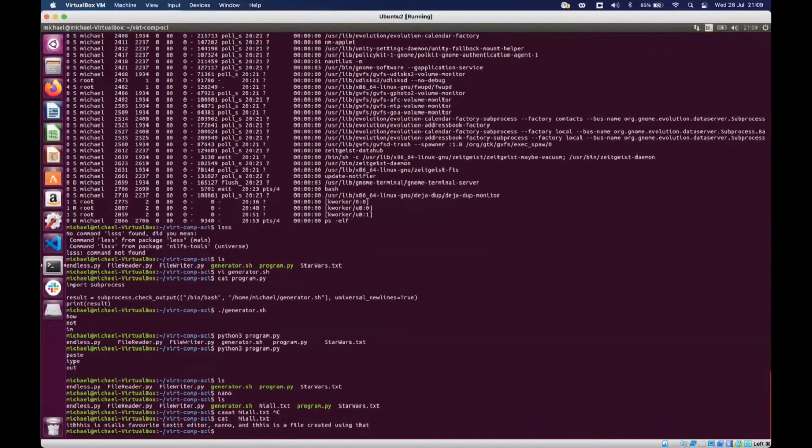That is true. But what I'm wondering is, does anybody remember any commands that would create a file without using a text editor? That would just create the file. Thank you, Sean Finnegan. Touch. Touch is the command I was looking for. Touch will create a file. So I'll touch, I don't know, my file